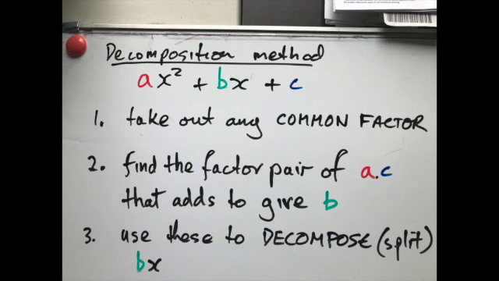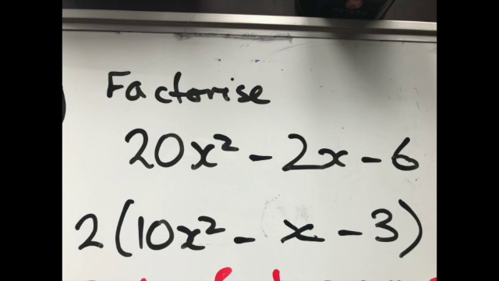Right, so the first step is to take out any common factor. Hopefully you spotted that there was a common factor of 2. So we just write a 2 out the front and then divide each of the terms by 2. Now we move on to the next step,